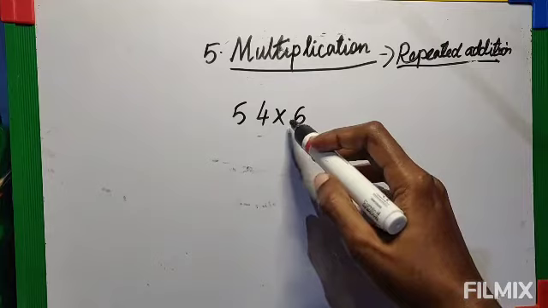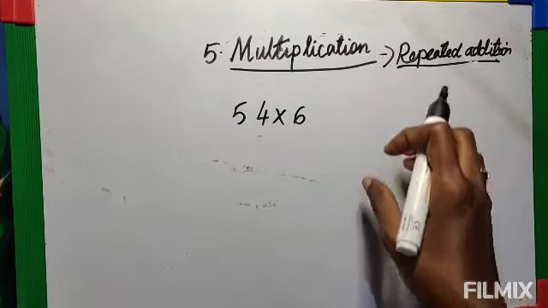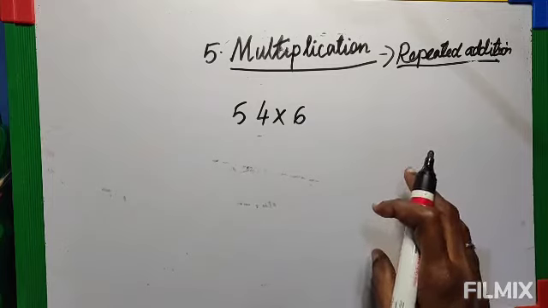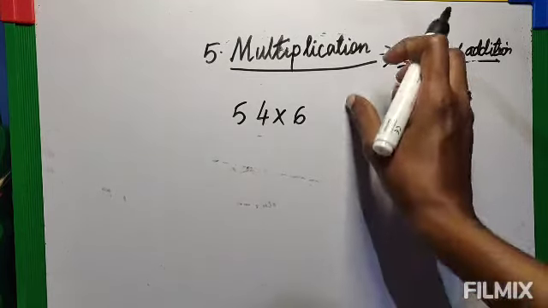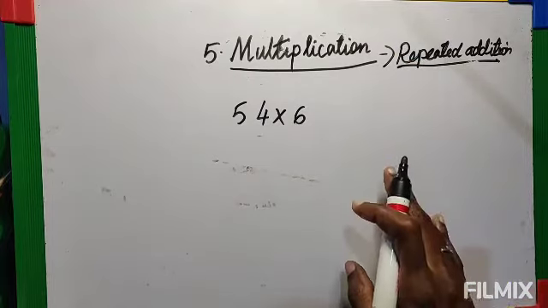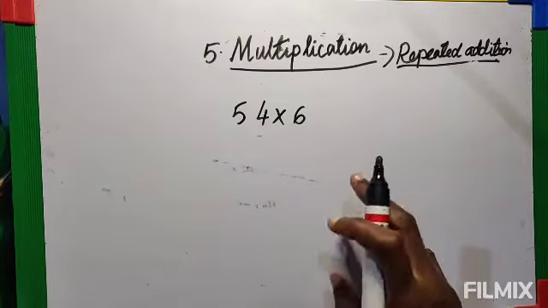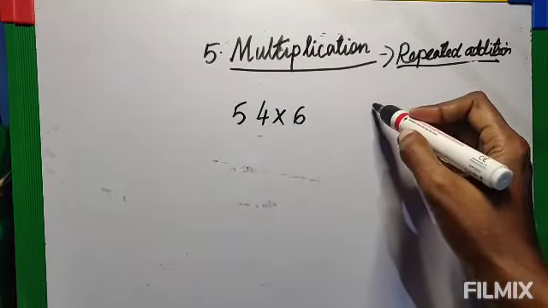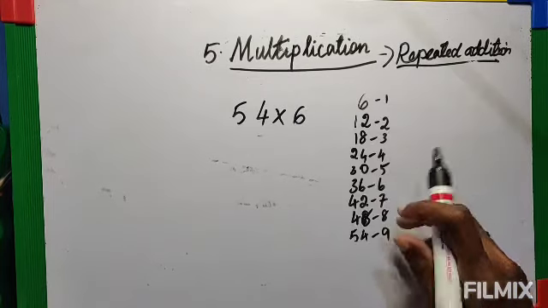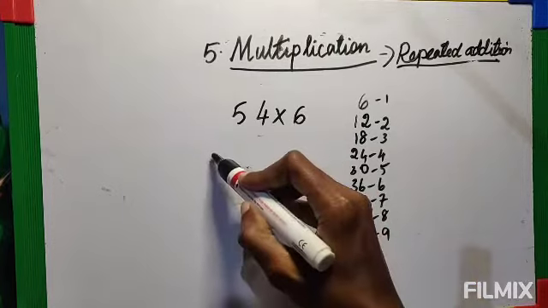Okay, so this you have to multiply by 6. So let's write the 6 table in the corner. Why I am asking you to write it in the corner is so that you won't make mistakes. Because when you say it again and again, you may forget. If you write it in a corner once, it is enough, then you can do without counting the table again. So I am writing the 6 table in the corner in short form, up to 9 is enough. So now let's start multiplying.